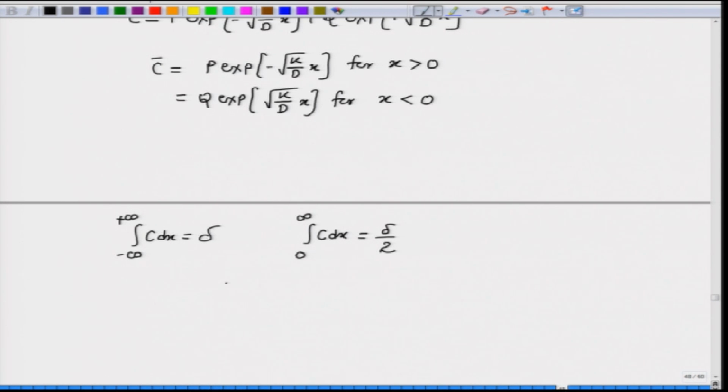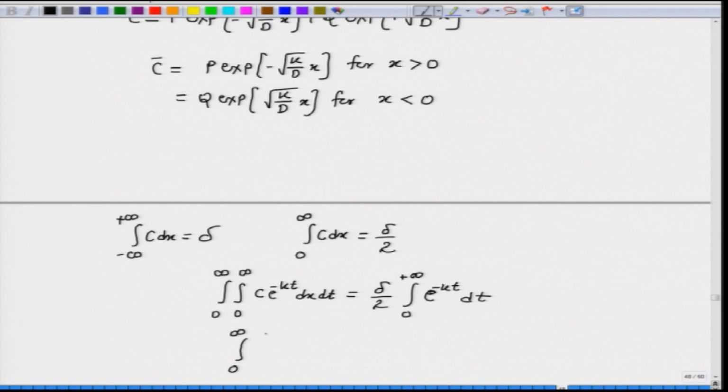So, if we take Laplace transform again on both sides, delta by 2 is constant, and we rearrange,